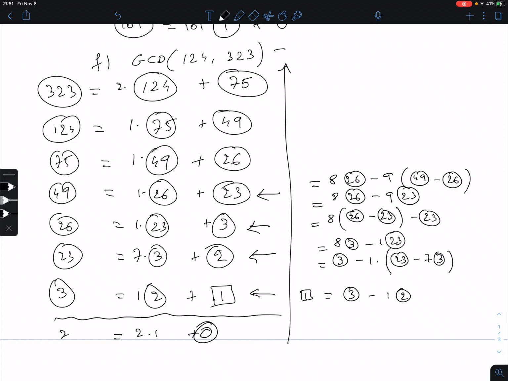26. And it's very important that I keep circling these numbers, so that I know which ones I have. Why do I need to circle this? Because I need to know that these are the two that I need to combine. So that is 8, and minus 9, so altogether 17 times 26 circled, minus 9 times 49 circled. Okay, so now this 26. I'm going to use this one, so that is 17 times 75 circled, minus 49 circled, and then minus, I